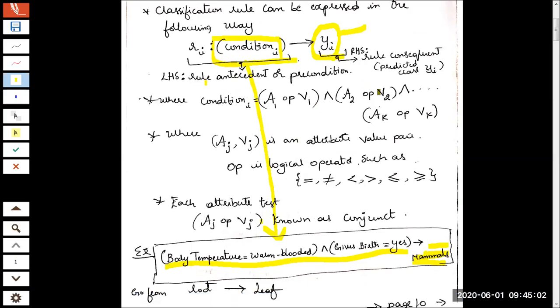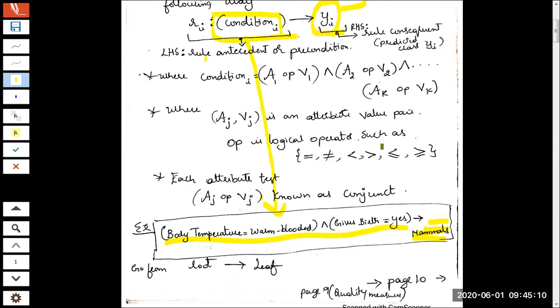Already we had seen this in decision tree. Just using one condition, you cannot decide it. Maybe you may require two conditions. The same has been written here. So you can see, I have condition number one here: body temperature equal to warm blooded. So this is A1. What you are seeing as A1 here is this one.